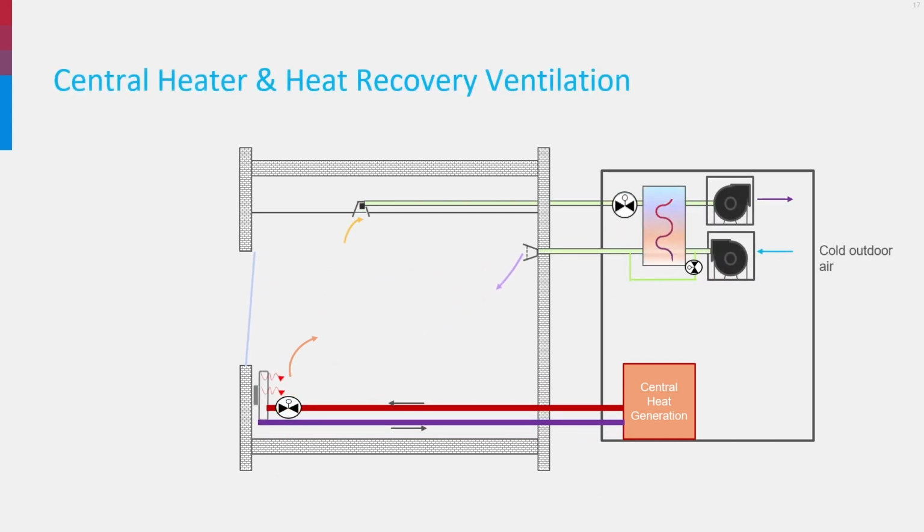In more modern systems, there is a mechanical exhaust and supply ventilation system with a heat recovery heat exchanger between the supply and the return. This is a kind of basic air handling unit. The preheated air is supplied to the room where it is further heated by the radiator. Here too, radiators can be replaced by floor heating.